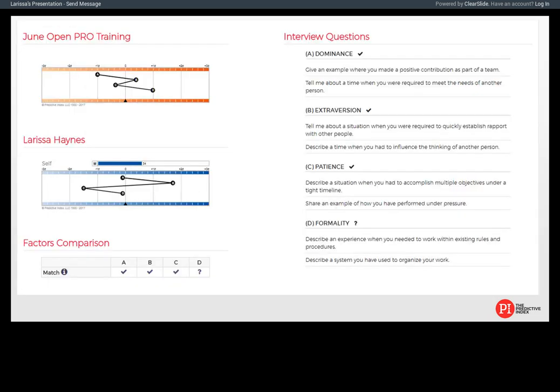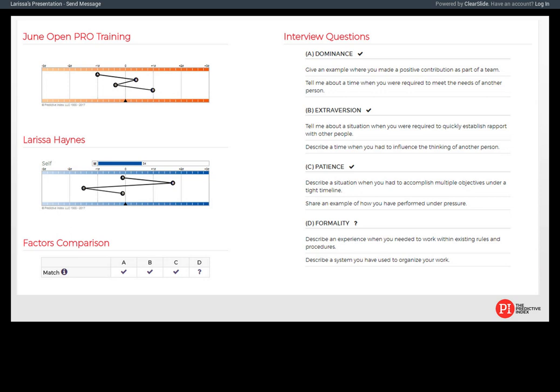One of the other tools that's available to you are the interview guide and the coaching guide. Once a person is connected to a position, and you can do that either when you send the behavioral assessment or you can connect it afterwards in the person detail page. And again, if you're not sure how to do those, just shoot me an email or give me a call, and I'm happy to walk you through that.